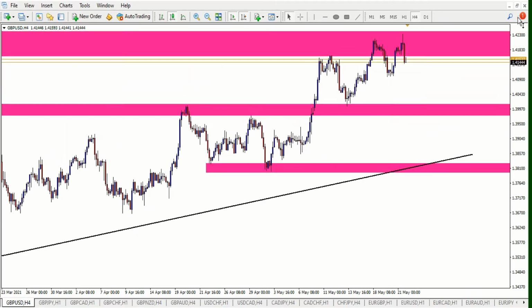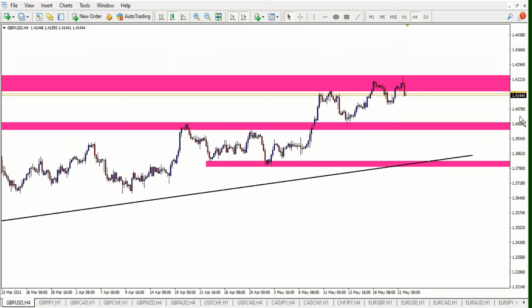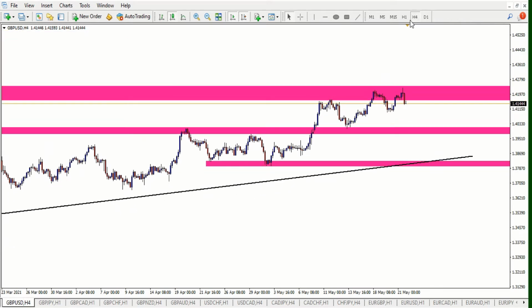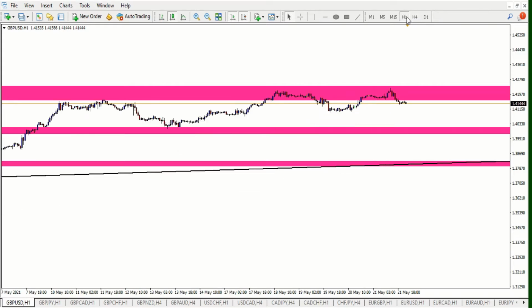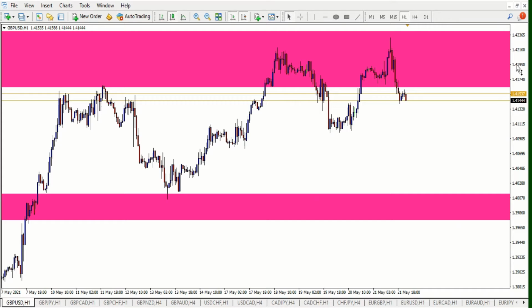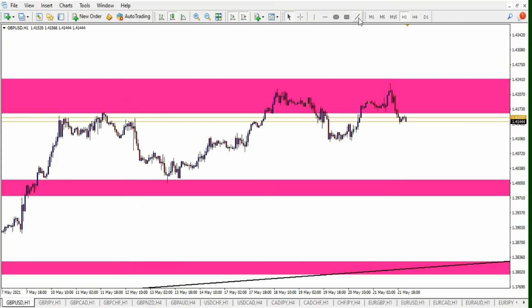So what we're looking for this week, firstly, we must set our key support resistance zones, which we've already highlighted there. That's a key support resistance zone. That's another one there. And that's another one over here. So what we're looking for this week is for the market either to continue moving down, come back to the